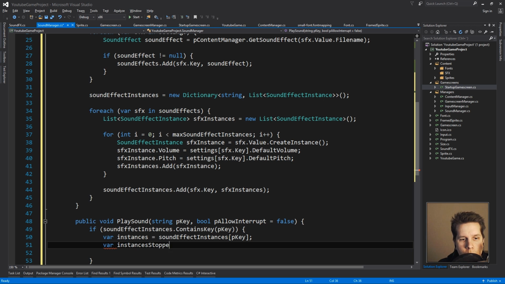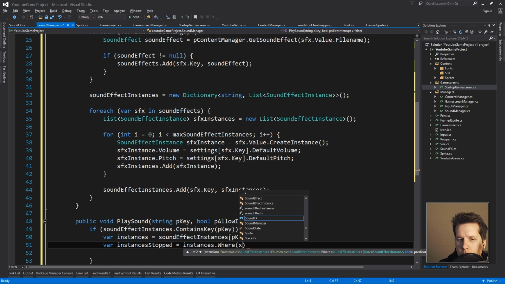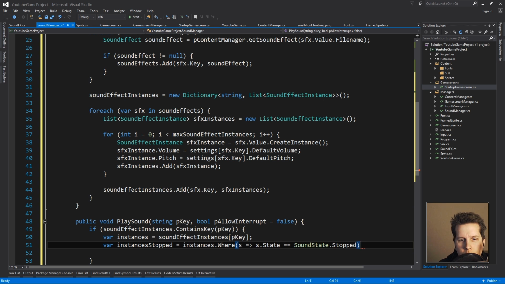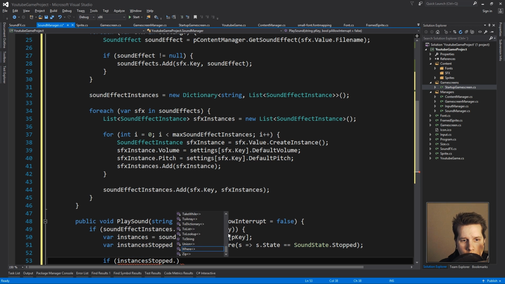I'm going to get a list of the instances that are in a specific state. Actually, let's use sound effect, and we're going to look at state, specifically those that are stopped, and instance stopped count. If the count of instances stopped equals 0, which means all of them are playing, like if all of them are playing,